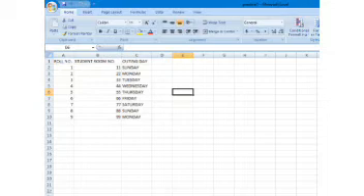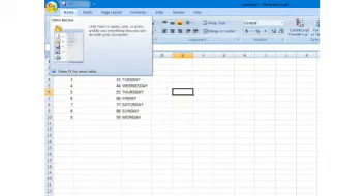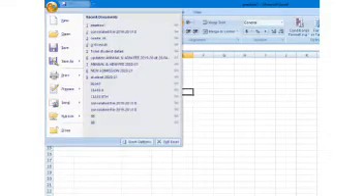So we will learn how to save any workbook. Now I want to save this workbook. Simply we will go to the file, this is the Office button. Click here. Now you will get the third option, save.